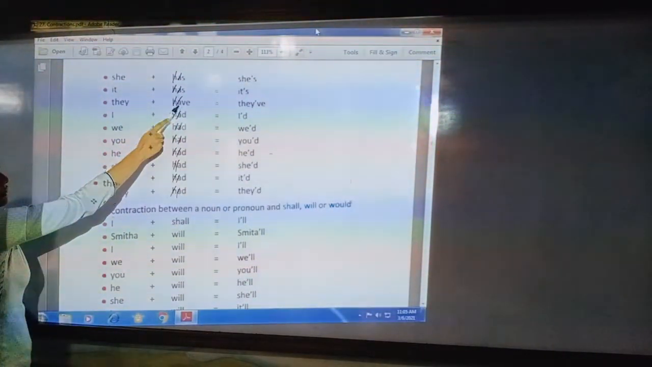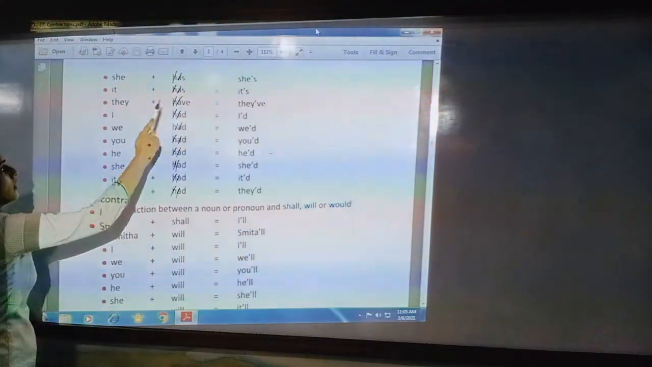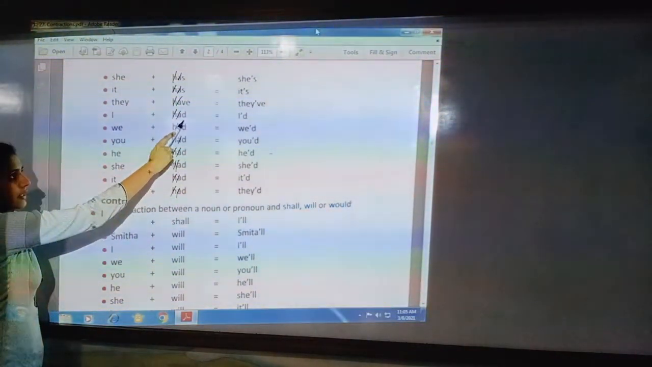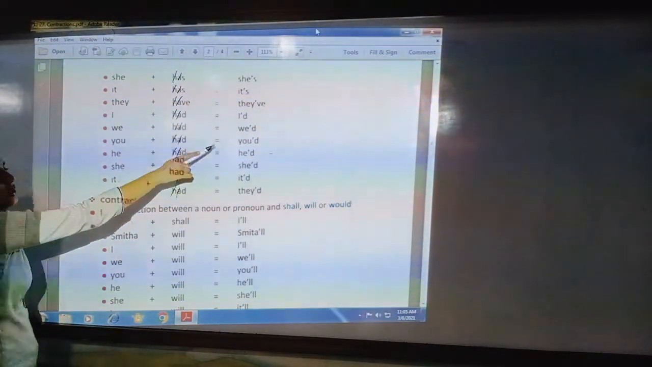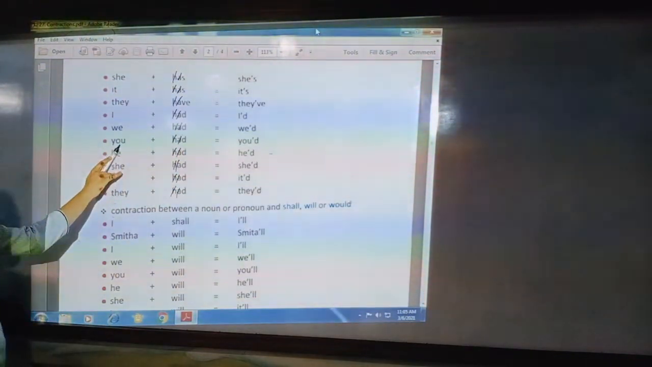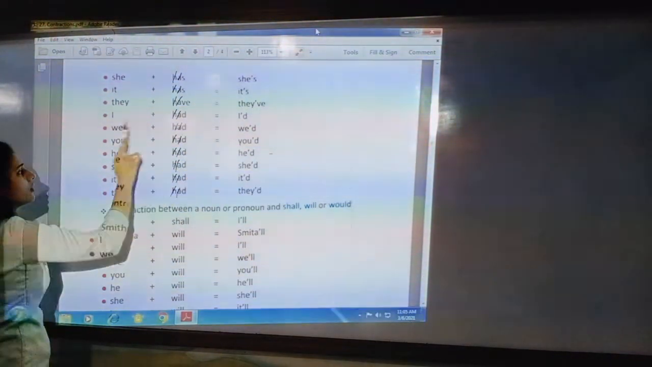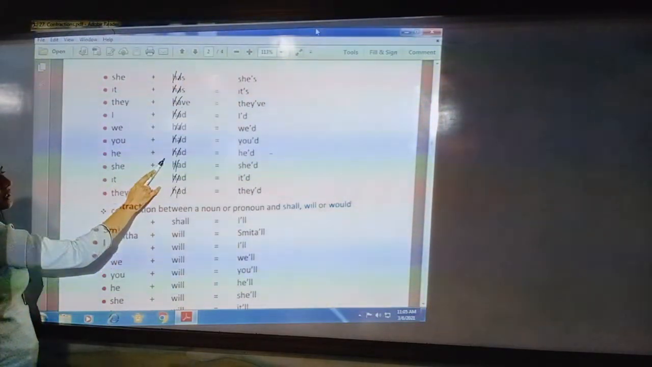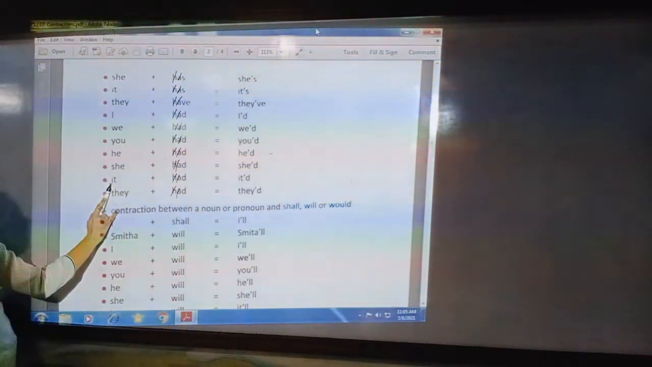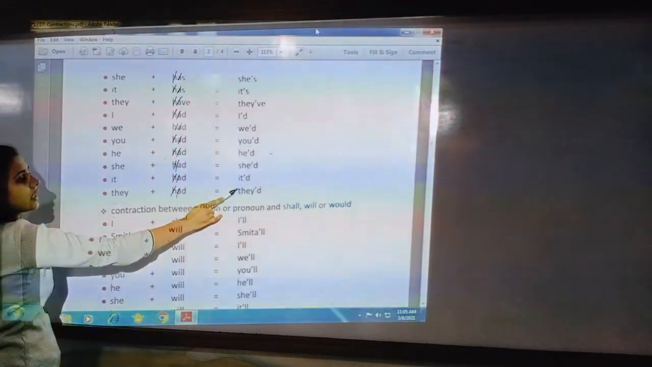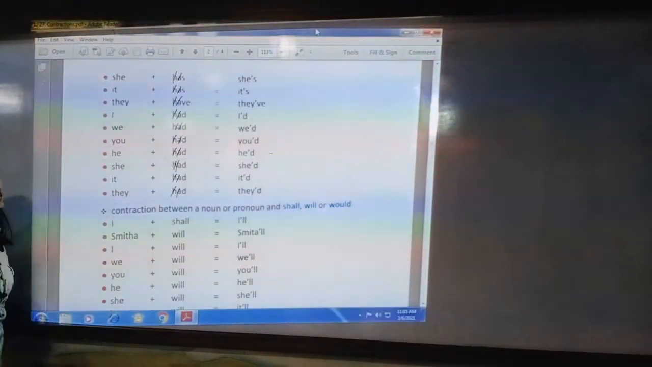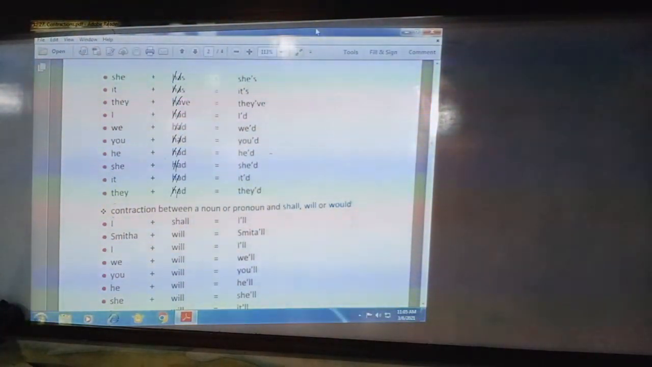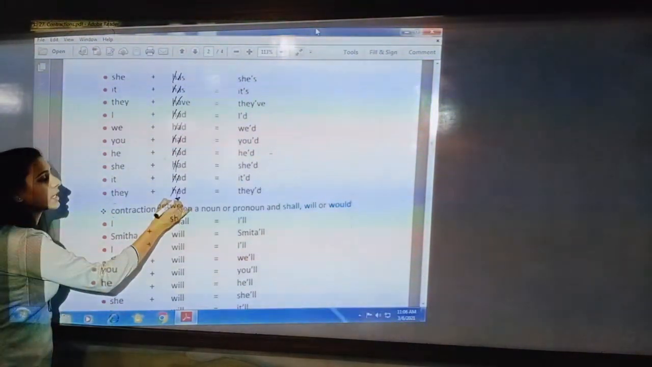They apostrophe ve, they've. I apostrophe d, I'd. We apostrophe d, we'd. You apostrophe d, you'd. She apostrophe d, she'd. It apostrophe d, it'd. They apostrophe d, they'd. So in this way you can use has, have, had in contraction by eliminating the initial two